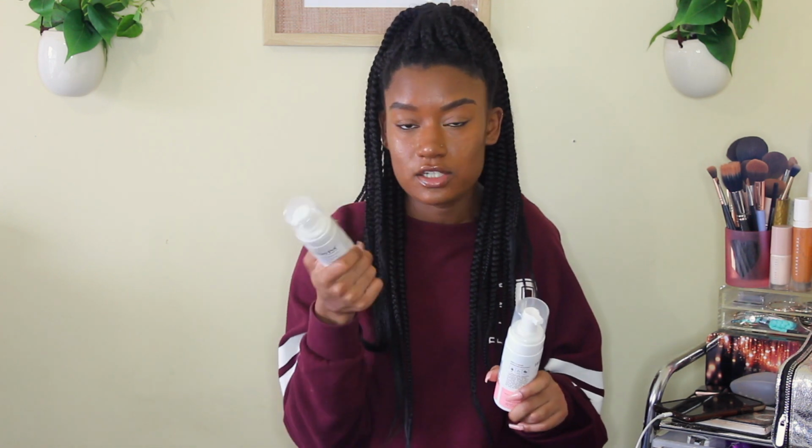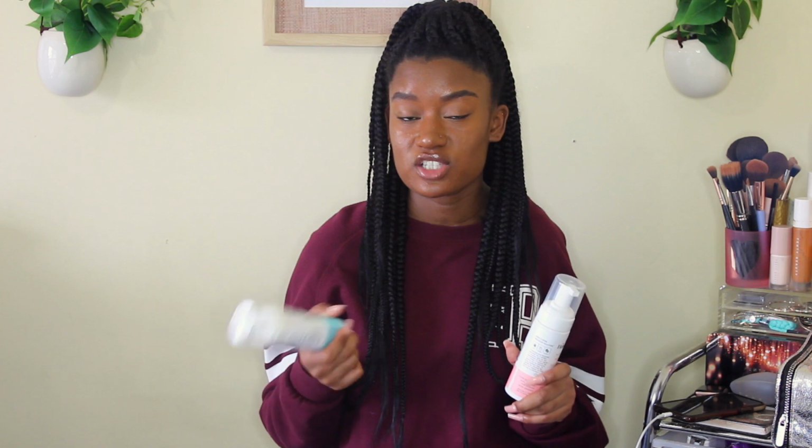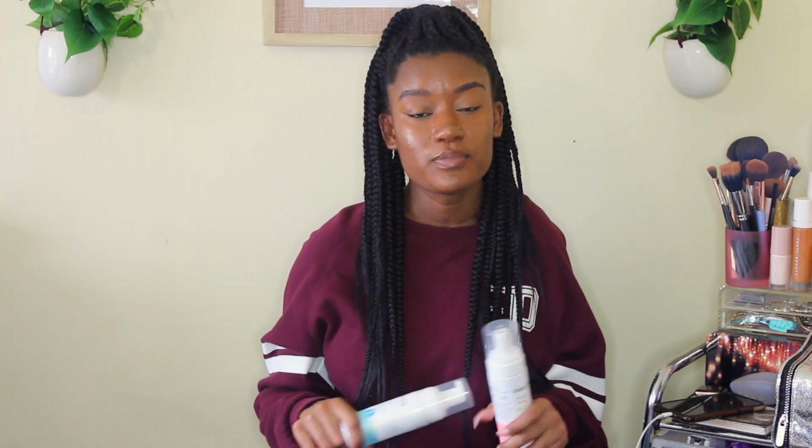So their feminine washes come in 3 different lines. So there is the sensitive wash like I have here, the mommy to be wash that I have here, and the one that I don't have is their normal wash. So those are your 3 options that you can choose from. So right now I'm going to go ahead and briefly pull up the website so you guys can see a little bit more in detail on their ingredients